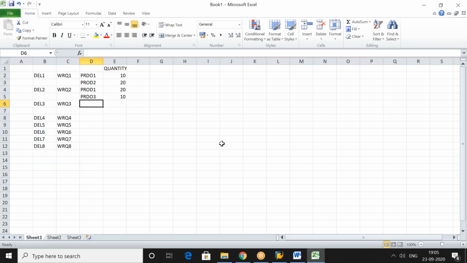In delivery 3, prod 1 some quantity, 10 or 20 units, and prod 2 maybe 10 units. If it is so,